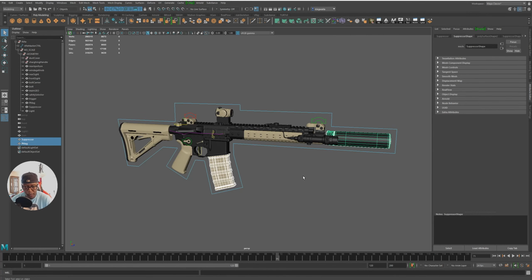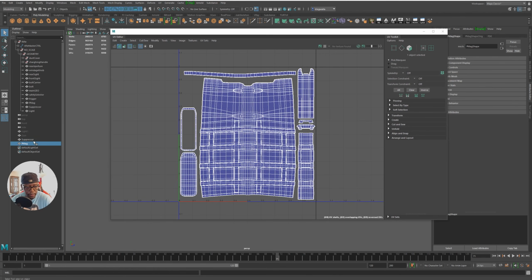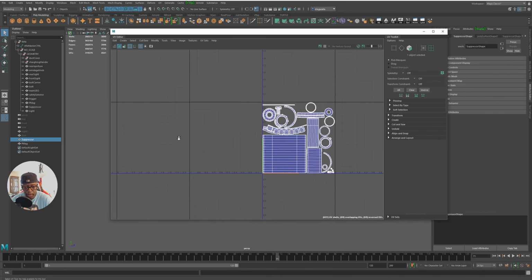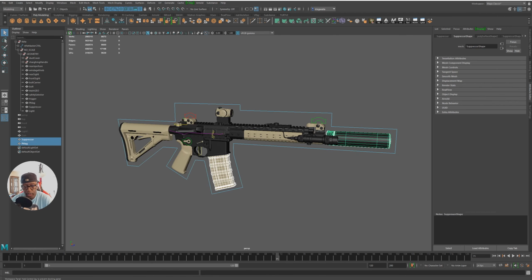All right, so now that the rifle itself is pretty much done, we can think about the magazine and the suppressor. Now, if I bring up the UV editor, you'll see that the magazine and the suppressor are both in the 0 to 1 square. So we're not using UDIMs like before. But I do want to bring them both into Substance at the same time without having to deal with the overlapping UVs. So the way that I'm going to do that